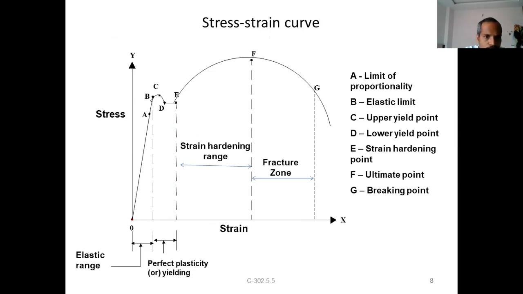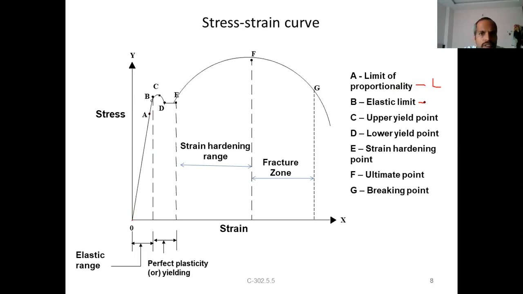So obviously it starts from the origin, right? For increase in strain, increase in the load, stress will increase and strain also increases at the same time, right? So let us say we have reached the first point here. Let us call this point the limit of proportionality. In some cases it is referred to as LOP, right?